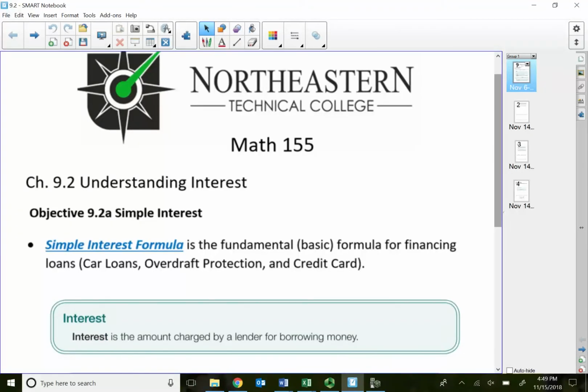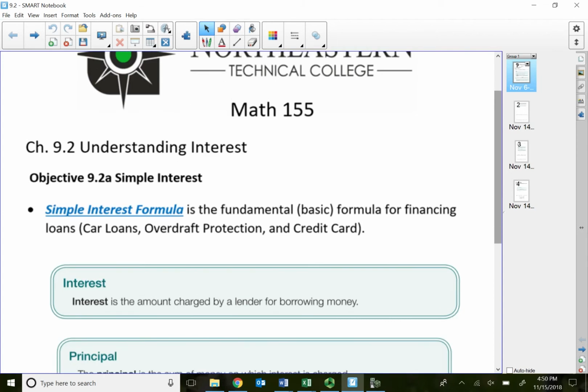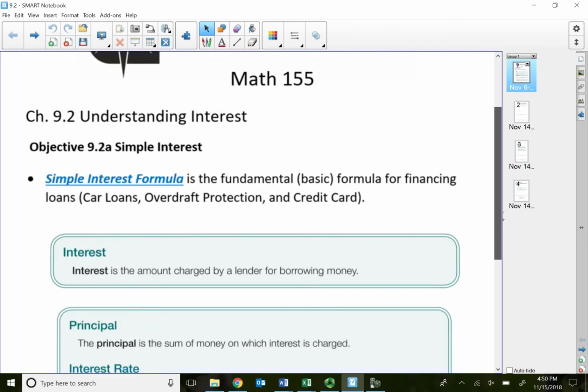A lot of times our car loans, credit cards, or even our overdraft protections use the concept of this fundamental formula for financing, called the simple interest formula. Car loans are normally calculated as daily simple interest, so the formula I'm going to introduce is just a very basic, fundamental formula. Let's take a look at a couple words real quick